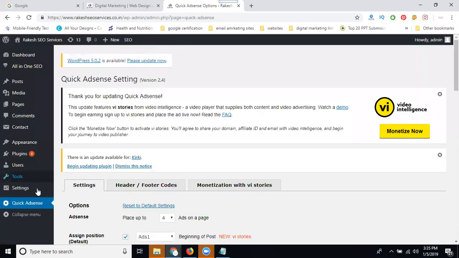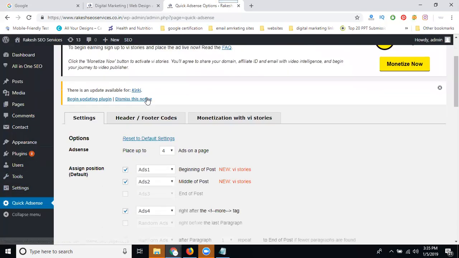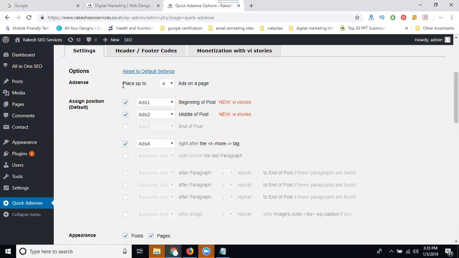The option is Quick AdSense. In this Quick AdSense, the first option is up to how many ads, 4 ads. Ad 1 is the beginning of your post, Ad 2 is the middle of the post, Ad 3 is the end of the post, and Ad 4 is after the more tag.